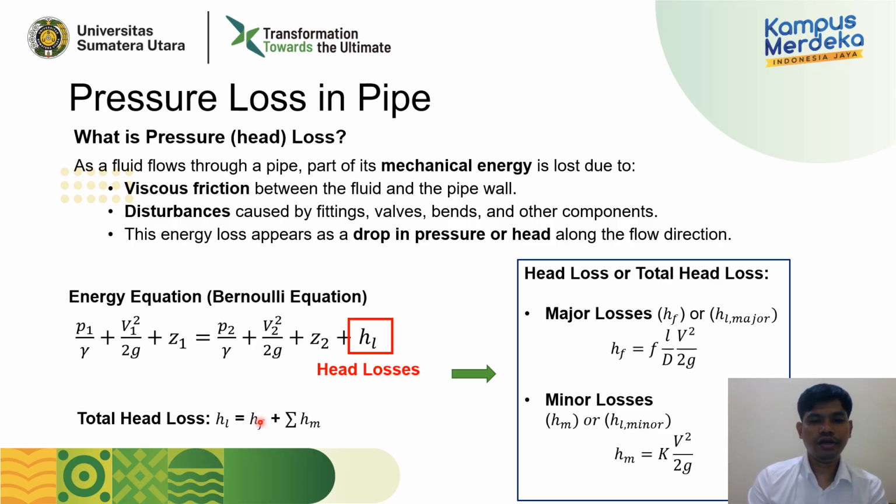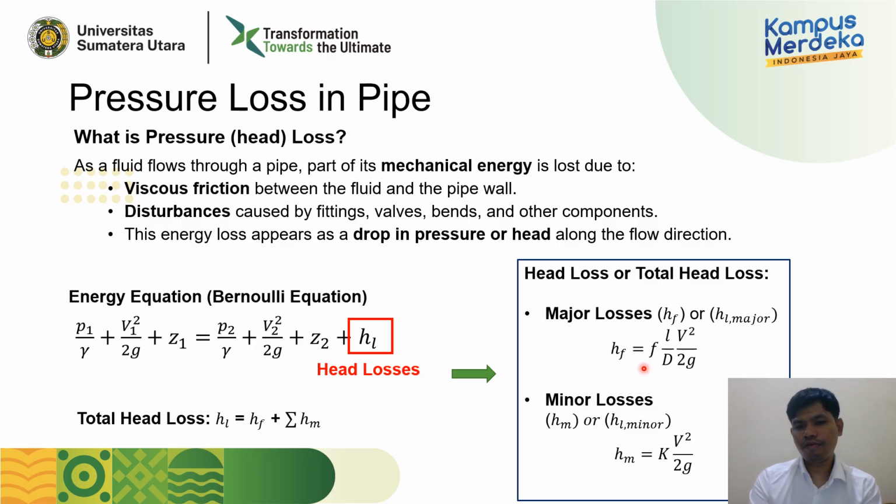This is how we put the head losses into the Bernoulli equation. And the thing that you need to know is that if you talk about head losses, we have two different losses. The first one is major losses. The symbol is hf or hL major, and we calculate major losses based on this equation, which is